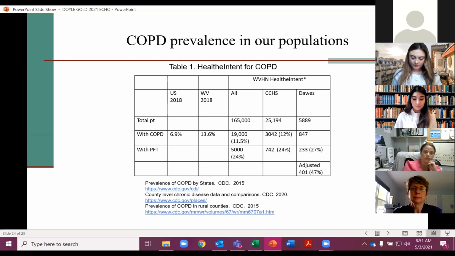That might be why that's lower. Of those 19,000 people, they found that only 24% can they find a PFT. So the point of this slide is to know the prevalence of COPD in our population. It's around 12 to 13%, and to know that for many, many people, you cannot find that they've ever had a